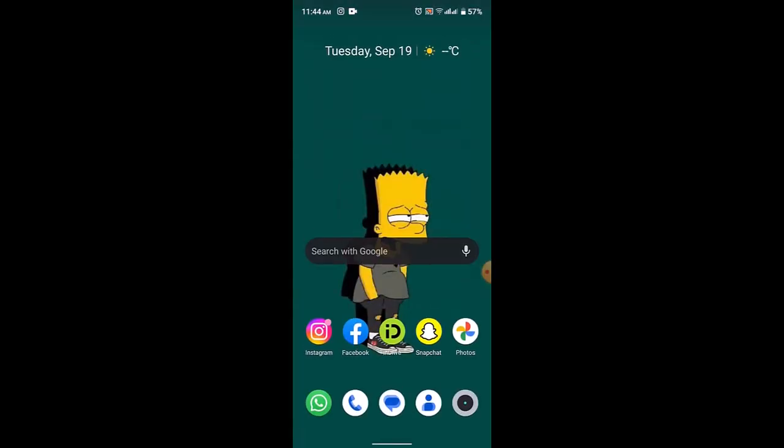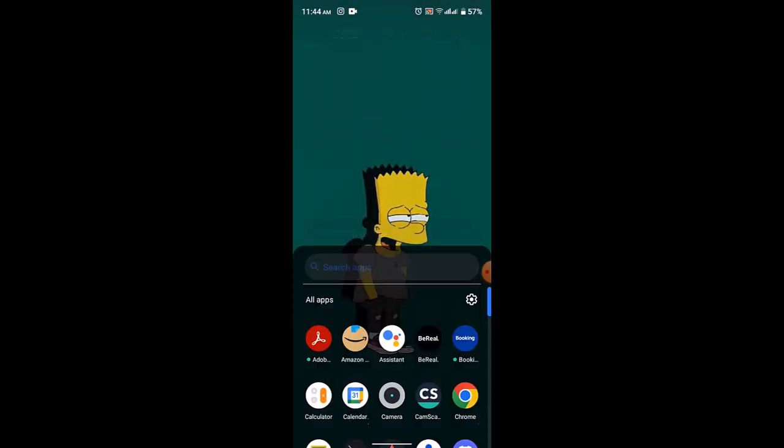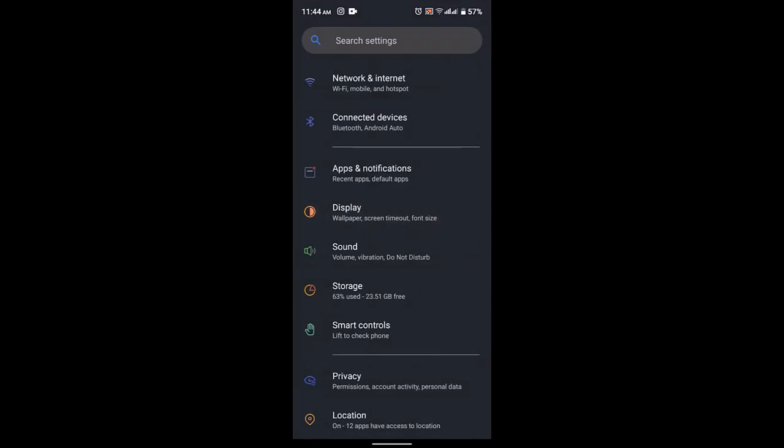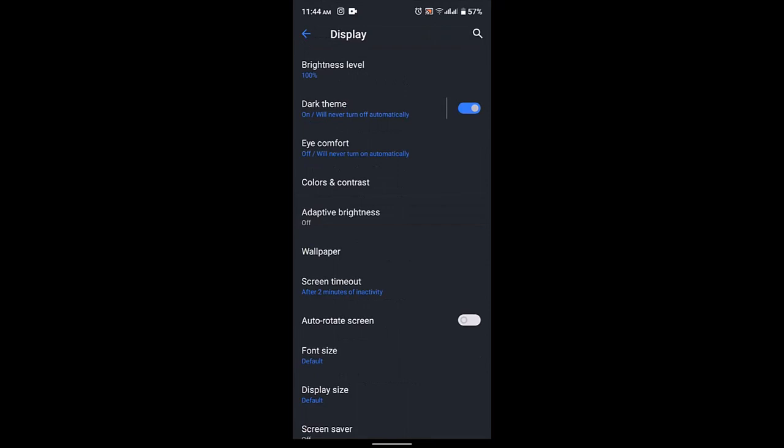So what else you can do, just as an alternative method, is open up your settings application and enable your device's dark mode features. For that, you need to go to settings and over here go to display, and right on this page you'll be able to find an option as a theme. So you can see that right on top, currently my account is in dark mode features,